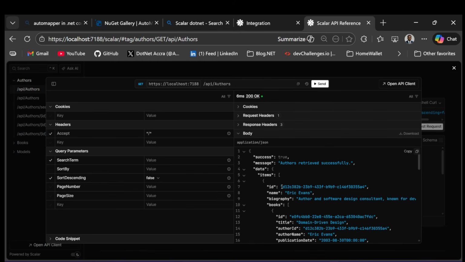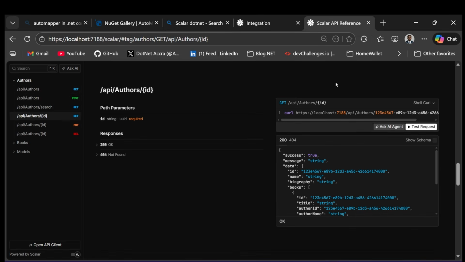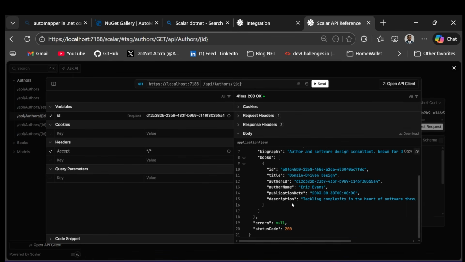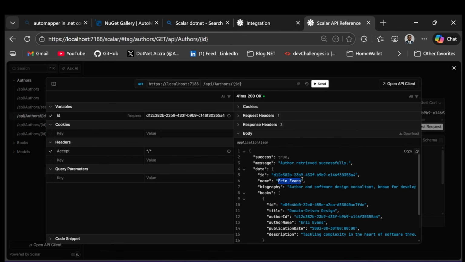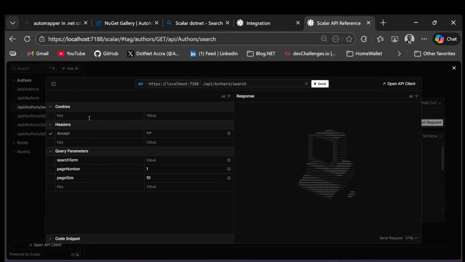We can also get by ID. Let's copy and get by ID. So we get by ID right here. We put in the ID here, and then we get this guy, right? And then there is an endpoint we created for search, right? So search specifically, you can search. If I want to search here, I'm going to put in the search item right here. It means that this endpoint,